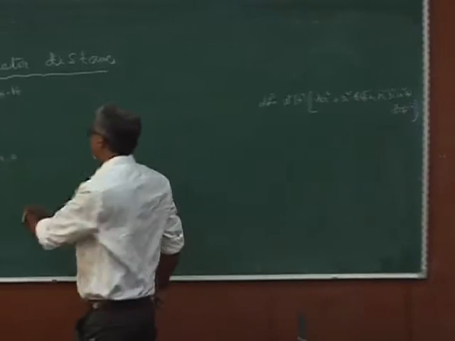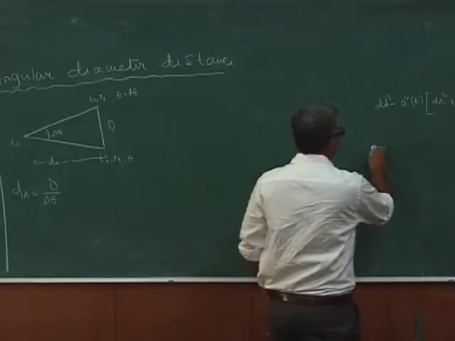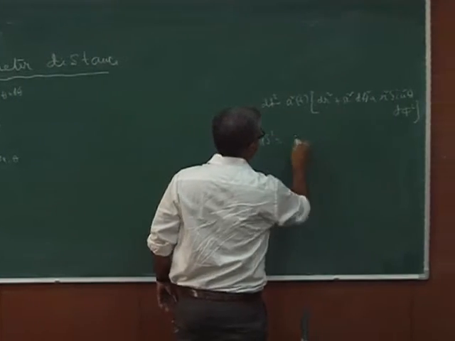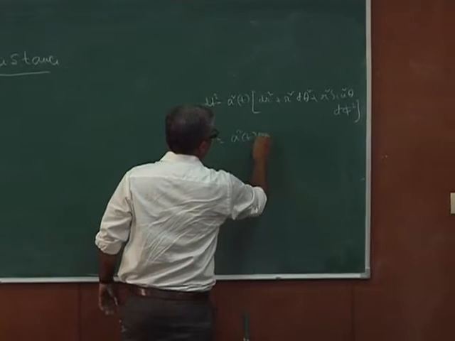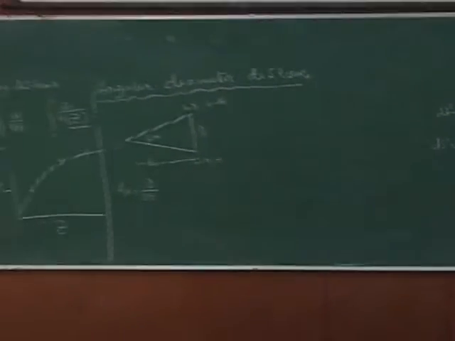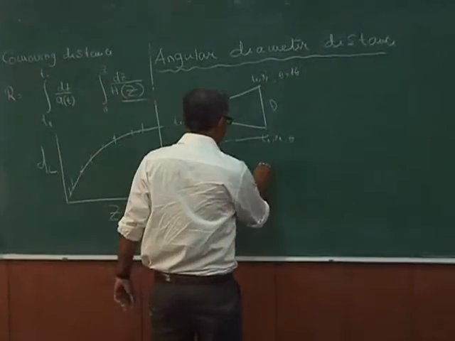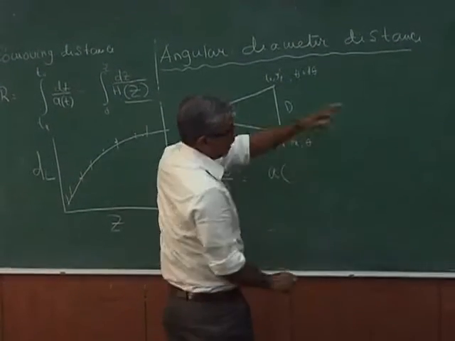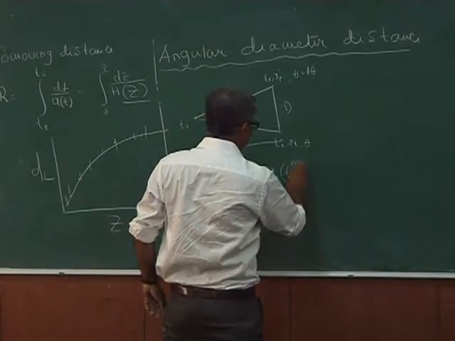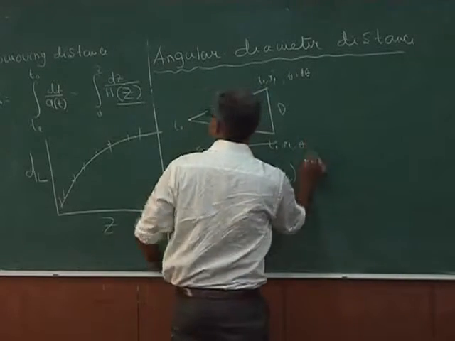So, the angular change here for the same time, same co-moving distance, same phi, we have basically that change ds square is basically a square t r square d theta square, fine. So, ds is basically a r d theta, the change in that angular separation, fine. So, d theta is delta theta. So, this is just a at that time. So, here a at t into this r, that is the co-moving distance, which is my r.